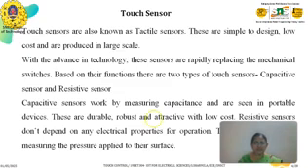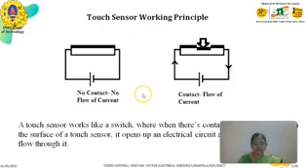First, we see the capacitive and resistive touch sensor working principle. From this figure, this is a battery, and this is the touch screen or topmost layer of the device. In the no contact case, there is no flow of current because there is no change in the touch surface, so there are no capacitance changes or voltage changes in the